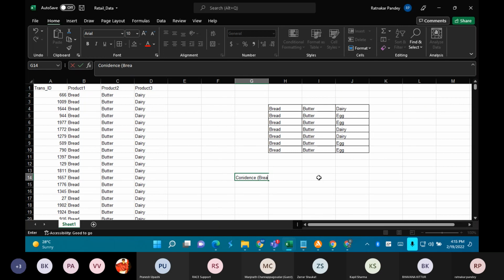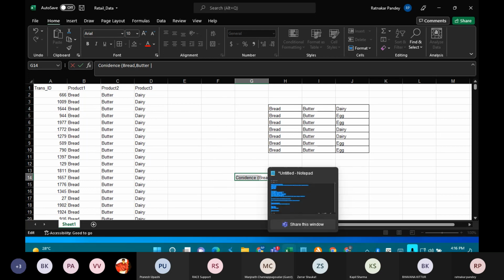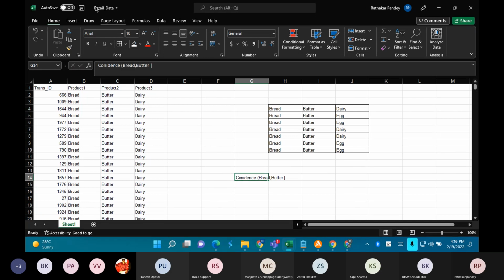Because everything has bread and everything has butter, then I want to estimate... sorry, the other way around. Let me just put it this way, to make it easy for you. I'm just going to follow that definition. Who can tell me what is going to be this number? It's going to be the support for bread, butter, and egg, divided by the support for bread